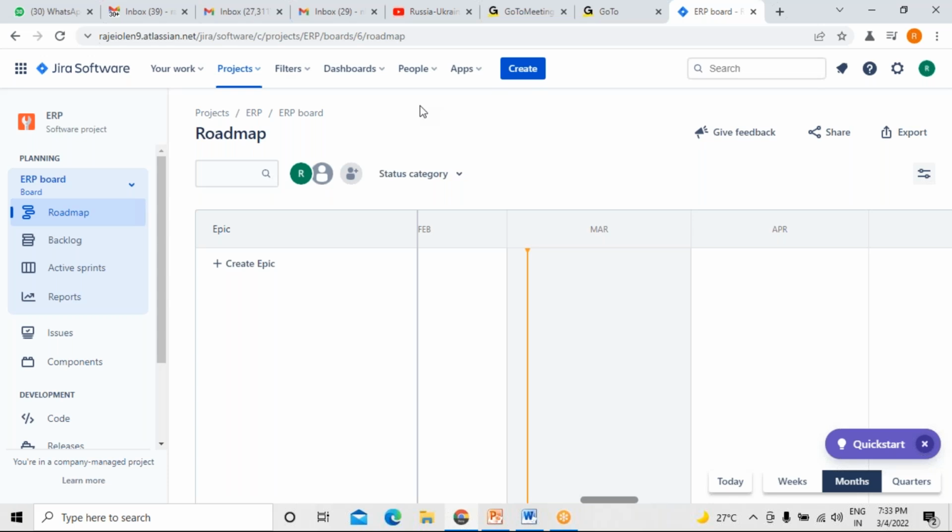Understood? Clear? The same things we cannot do in a team-managed project, right? There we do not have any such configuration option. You will not have more complex features, because there is no complexity in team-managed. It is for a simple beginner-level purpose, so Jira can be used. But for expert configuration, you require licenses.